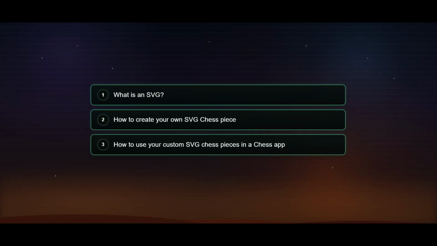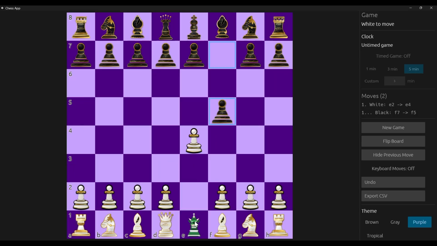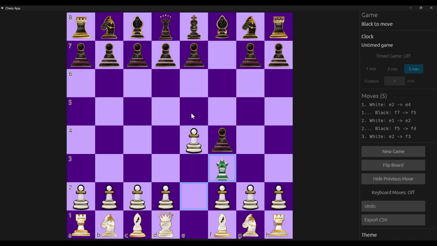Today I'm building a completely custom SVG chess set with ChatGPT, and then plugging those pieces directly into a chess app written in the Rust programming language. But before we generate anything, let's talk about what an SVG actually is and why it's such a good format